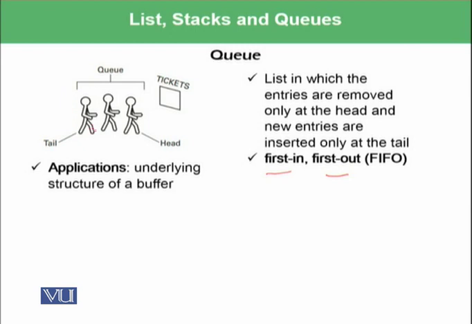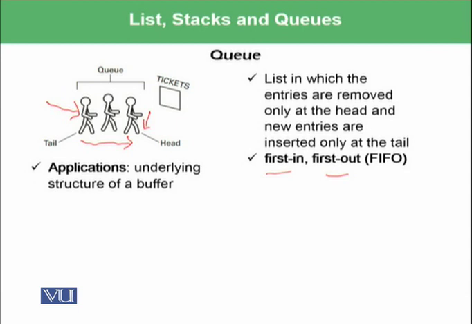For example, if there is a queue of people who are getting tickets for an event, the person who is at the start of the queue will be going out of the queue, and the new person arriving in the queue will be placed at the